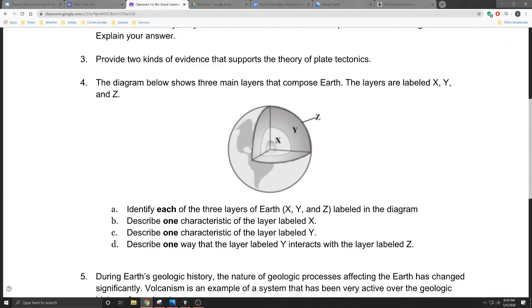All right, so when we're looking at the core, this is where a large portion of the Earth's mass is going to be located. It's primarily iron and nickel, and it is the hottest layer of the planet. We think it's primarily metal. So those are a number of characteristics. I gave you guys in the notes the specifics on how many kilometers thick we believe it is and things like that. You could certainly use those as pieces of evidence for that.